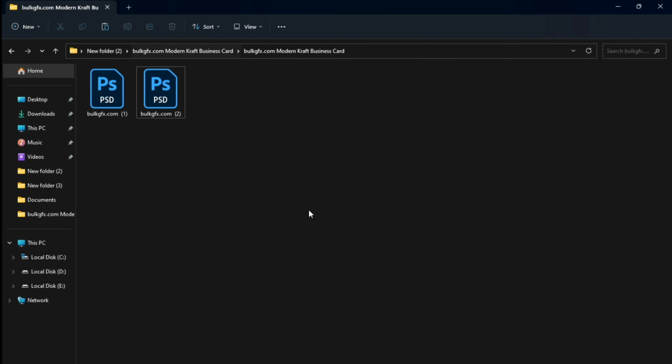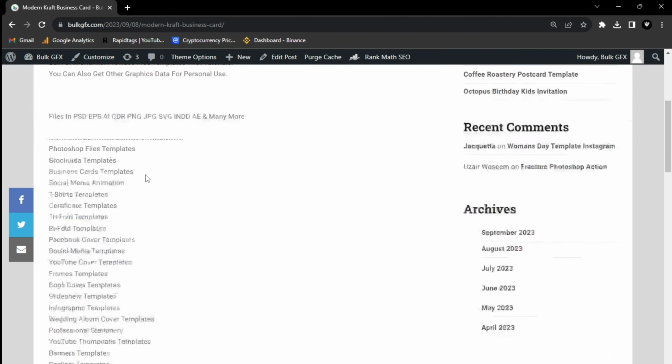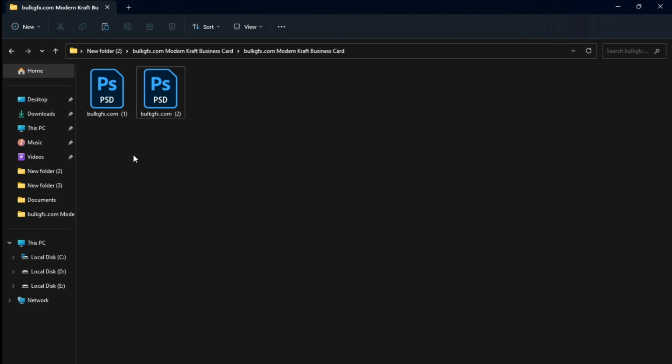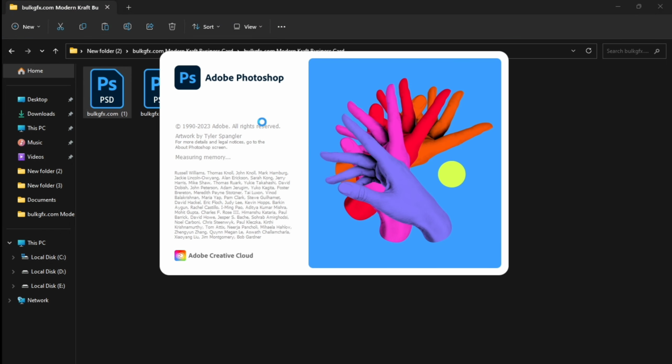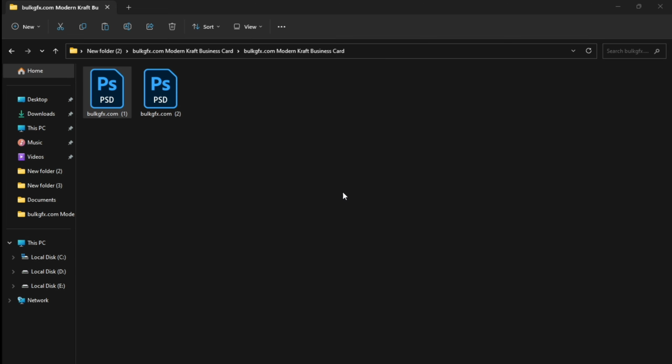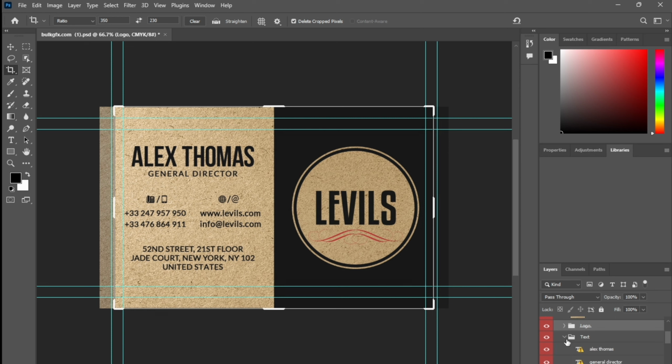These are modern Kraft business card templates. You can download them from the link in the description. Here is the front of the card and this is the back of the card. So just open the front of the card. It is totally customizable, and you will see here you can put your own logo, your own text,